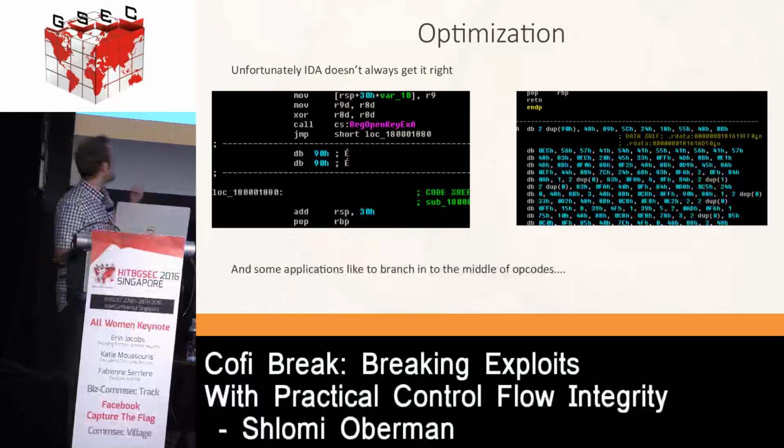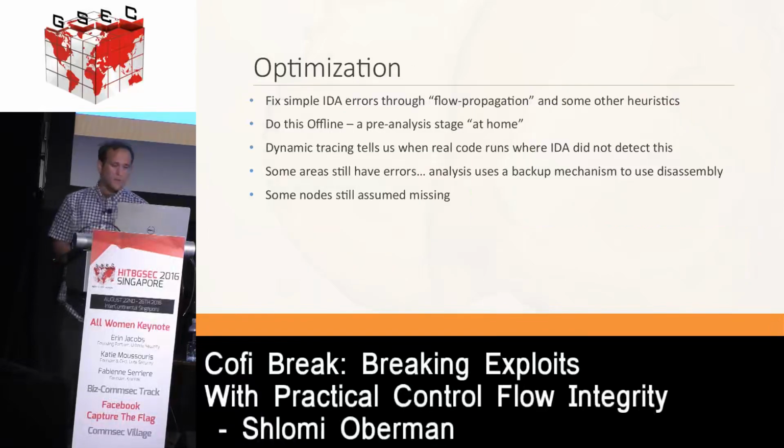So if we misanalyze a certain basic block and we don't have it in the graph, or the graph is incorrect, we're not only missing code, we can no longer perform the analysis. This breaks the state of the analyzer, and we have to have a perfect graph in order for this to work like this. Okay, so